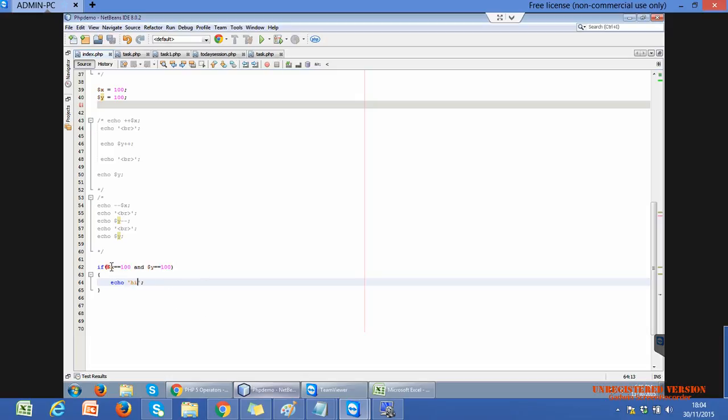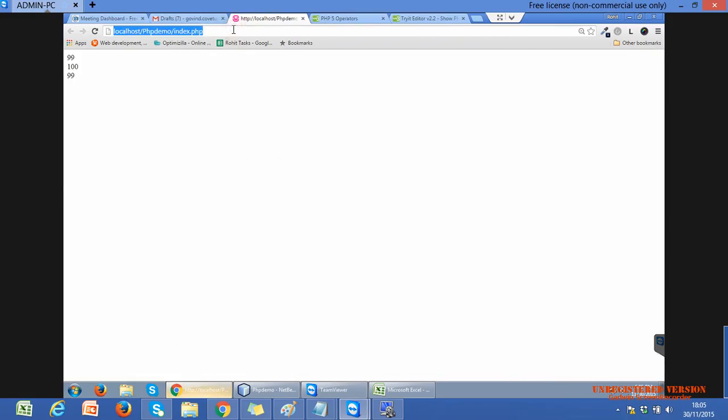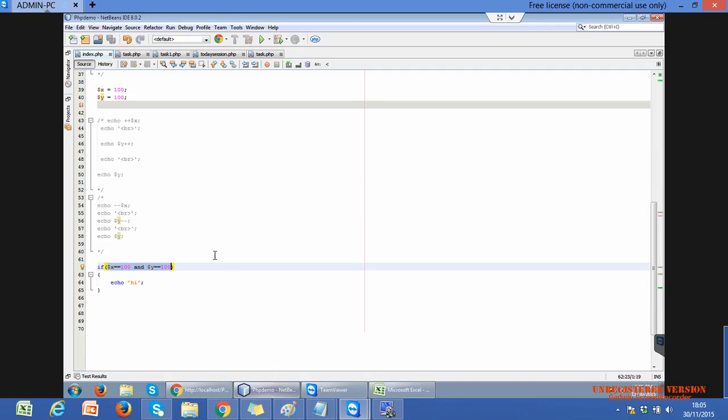So Rakhi, is this true or not? Will this return true or not? Yeah, so the output will be hi. If any of these variables' value is not 100, if I just decrease the value of x from 100 to 10, it will give a blank. It is not going inside the if condition,